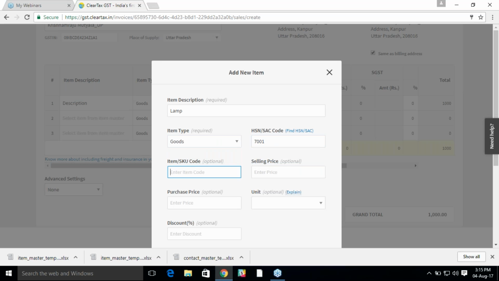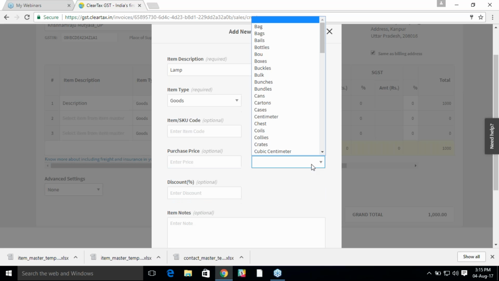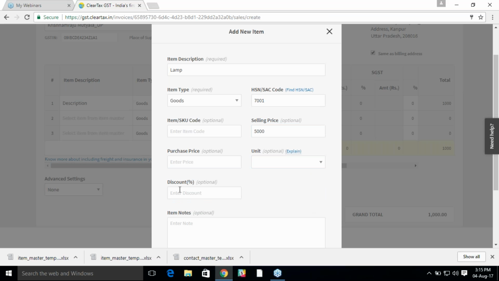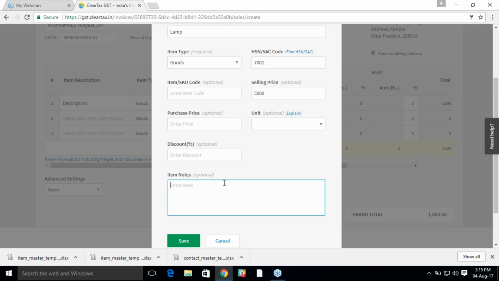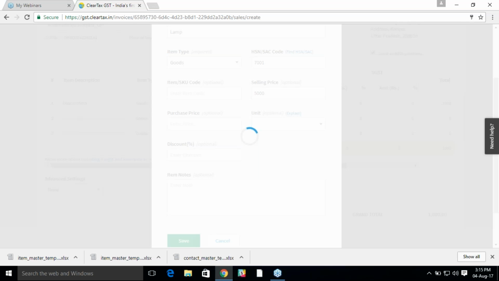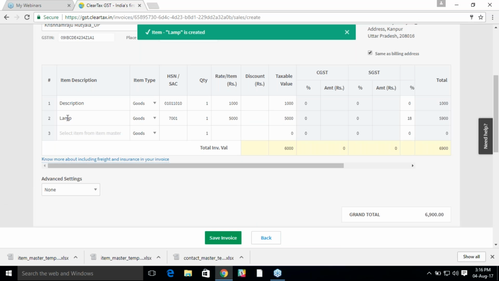You have to mention the SKU code if any. Selling price, I'll say 5,000. Purchase price, if I want to put, I can put. You can also put the unit here, what units you sell in, and you can also mention the discount available on this item. If there are any item notes, you can put them here. I'll just save this. I added a new item called lamp, which is a goods with the HSN number